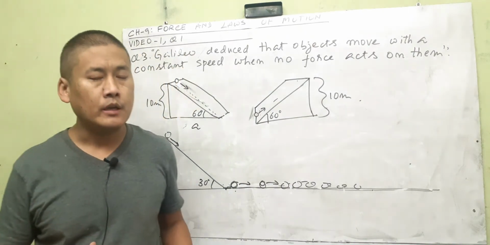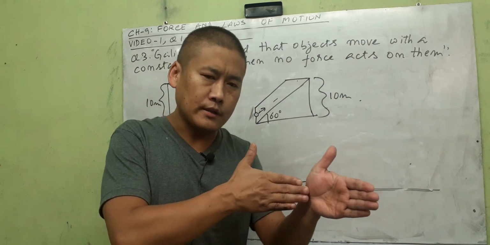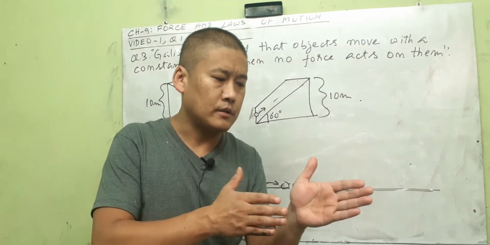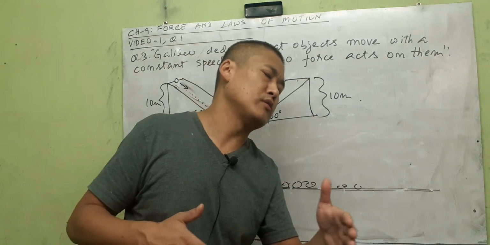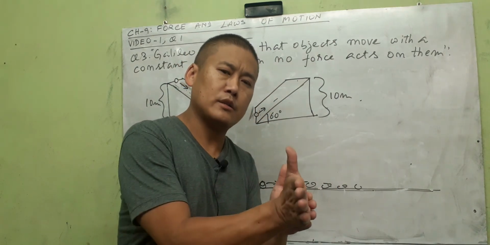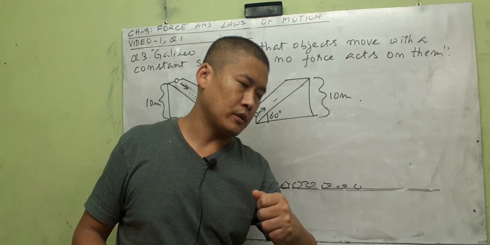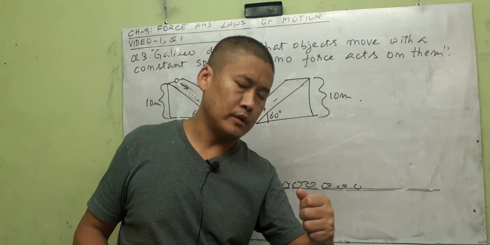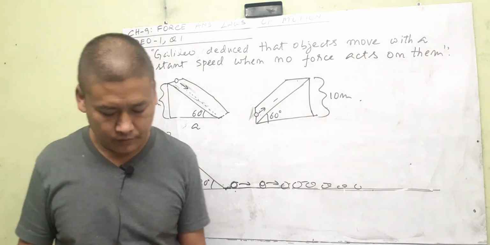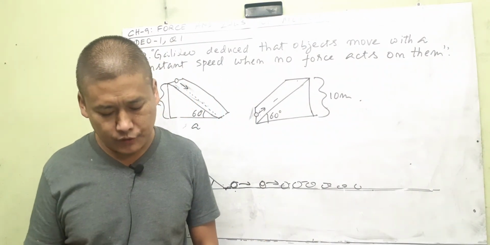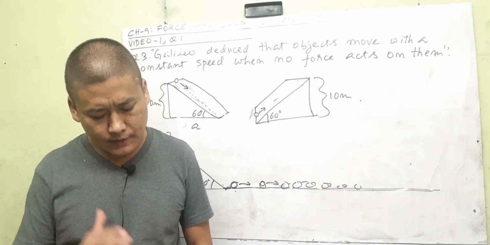Okay, next. As we are traveling in a car in a straight line, we are in straight line motion with the car. But when the car takes a turn to the right or left, the car has changed direction, but our body is still in straight line motion. So it would like to continue in the straight line motion. Because of inertia of straight line motion, our body is shifted towards one side of the car, right? So as a car turns sharply, our body tends to continue in its state of straight line motion due to its inertia, causing a tendency of our body to slip to one side of the seat of the car.